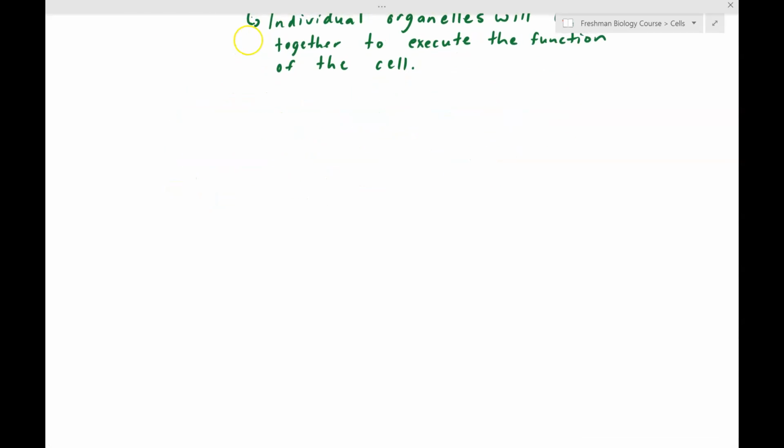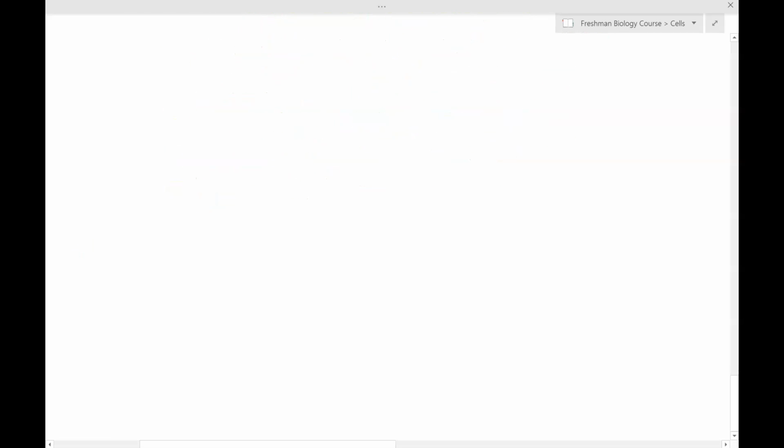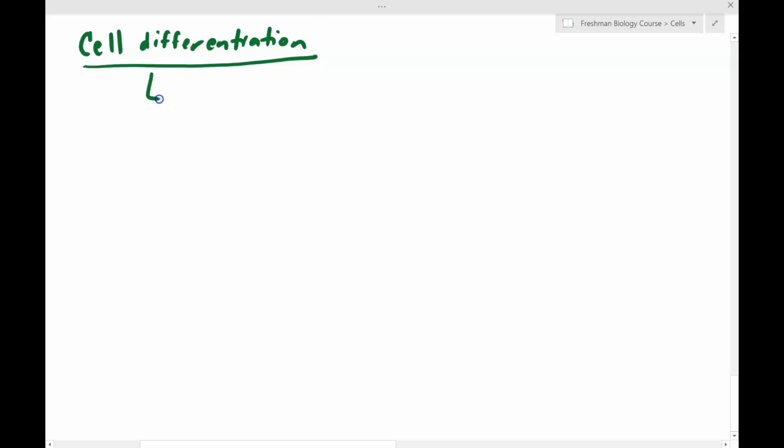Okay, so for cell differentiation now, first of all, what is it? So we're going to be able to connect the ideas of cell differentiation with the idea of emergent properties here in a moment. But first, let's talk about what cell differentiation is. Okay, it's basically the ability of certain